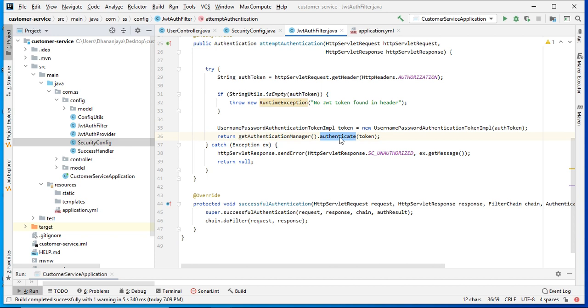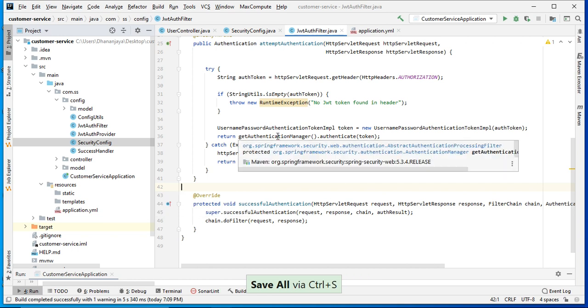So we are calling the authenticate method and giving the token in the specific format. Then after giving it to the manager, the manager will not validate that token. He will forward the request to the specific provider.